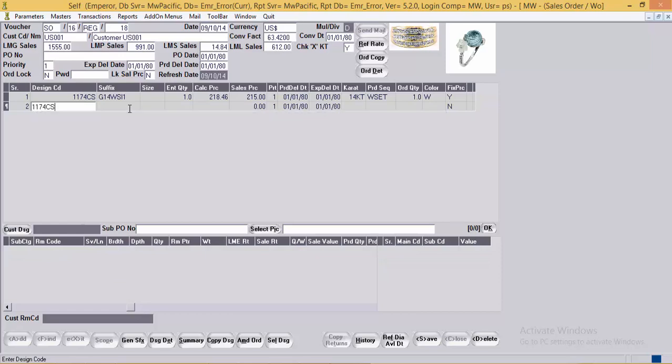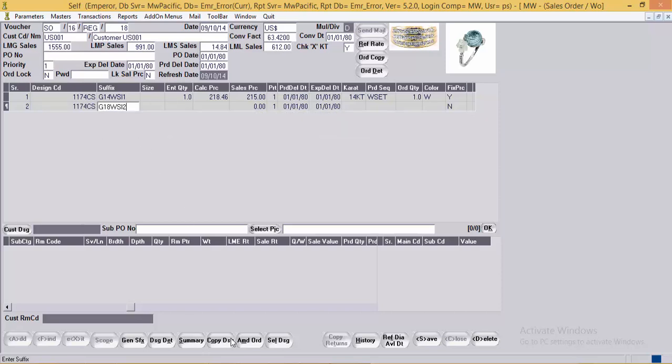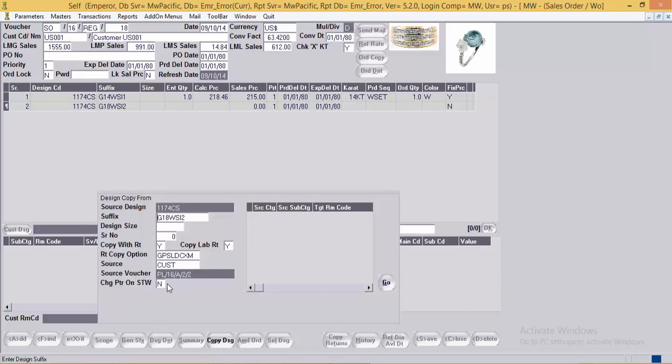In the same way, we'll take the same design with a different suffix and click on copy design. Again, here we get the PDC list, the voucher number. Here, in the case of copy with rate, the user may wish to get the rates for metals, that is gold, platinum, silver and palladium, as of now, the rates which are currently prevailing in the market.